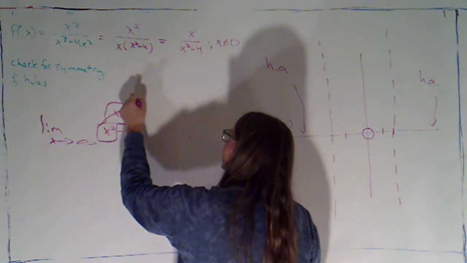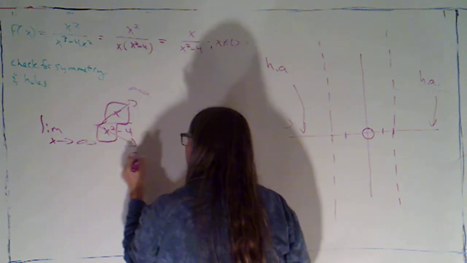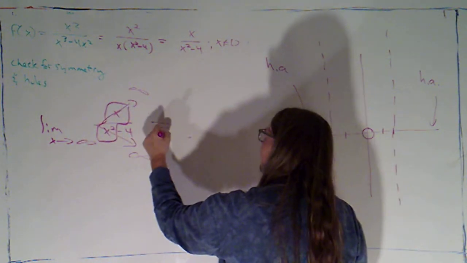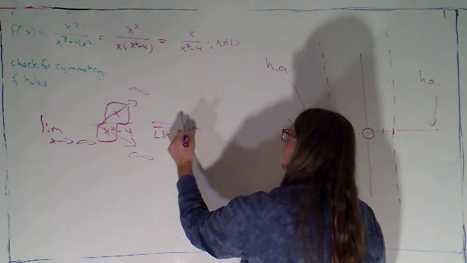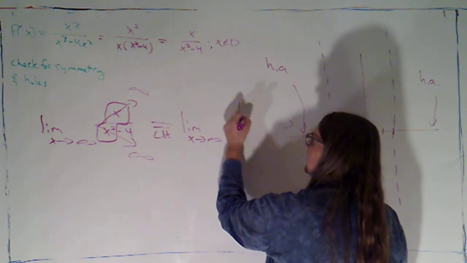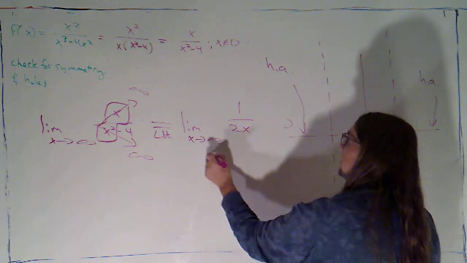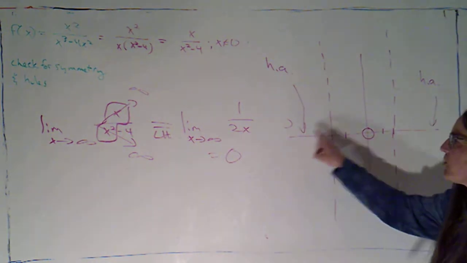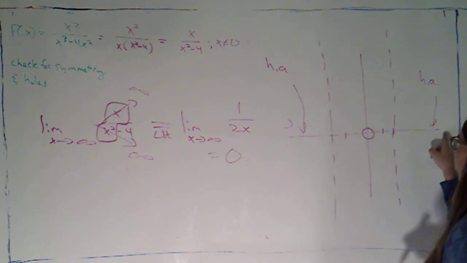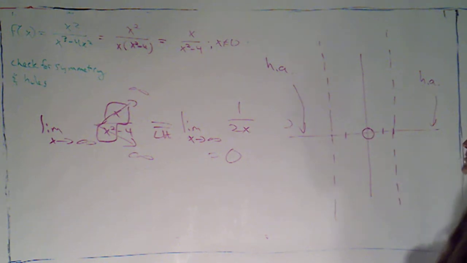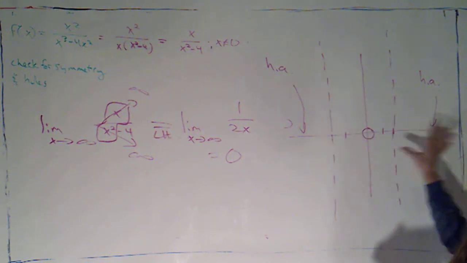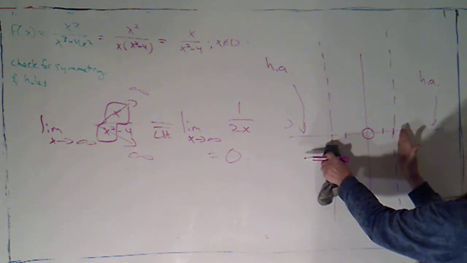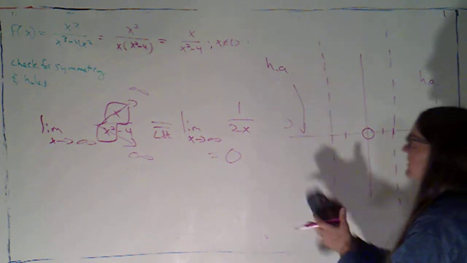I could observe that the top's going to infinity and the bottom's going to infinity, and I could L'Hopital it. So I could say this is the limit as x goes to infinity of 1 over 2x, and that's still 0. Okay. So I'm going to have a horizontal asymptote on both sides of my graph. Now, if I look at this, I've got asymptotes at mirror image places, I've got horizontal asymptotes at the